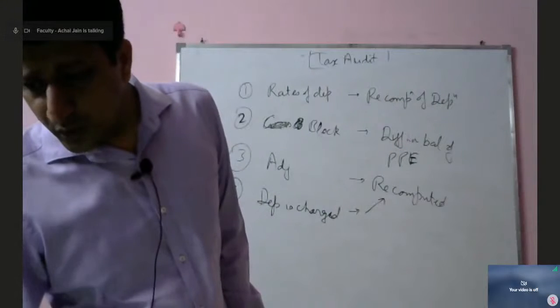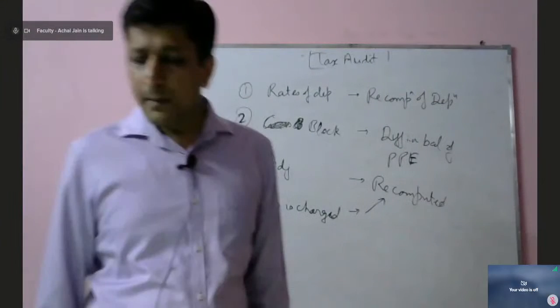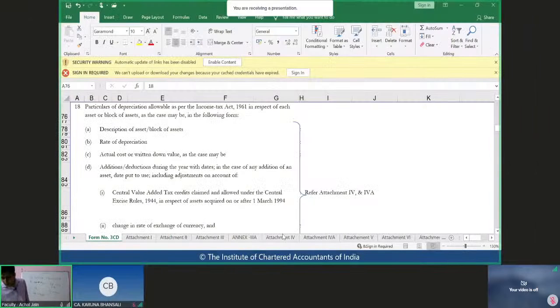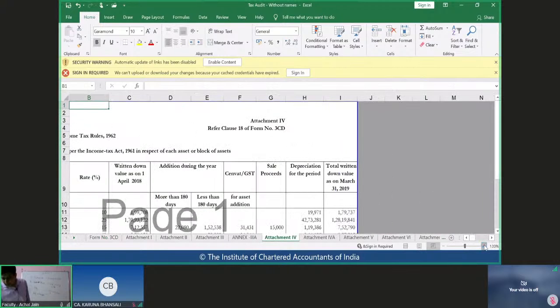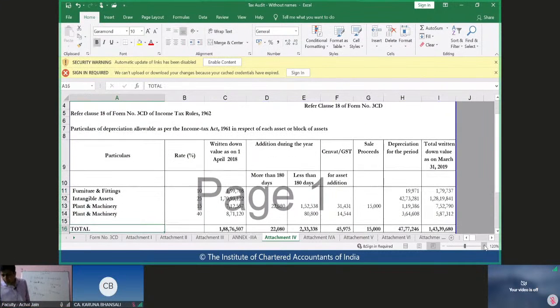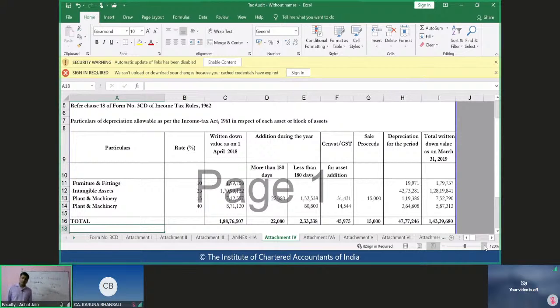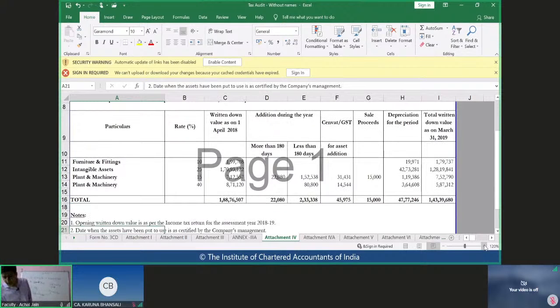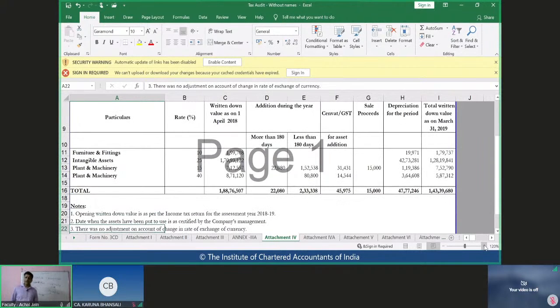So let's now move on to the annexure, the appendix, to understand how these items would have been reported. We can go to this attachment now and see how these items were reported. So these are the particulars of the assets. For this entity, you will see particulars are very few because it was a small entity and the assets were also not very significant. But for an entity for which assets are significant, this can be very difficult to manage.